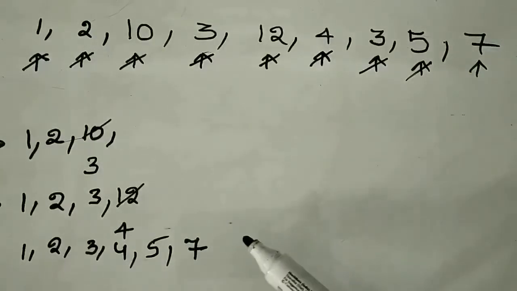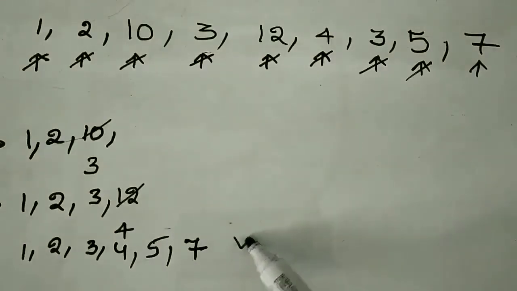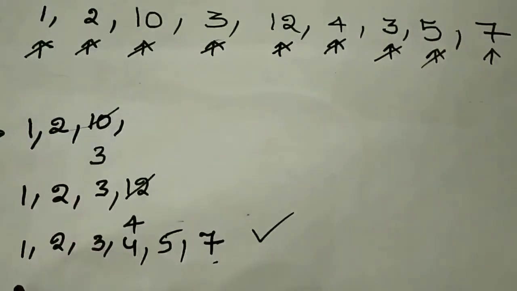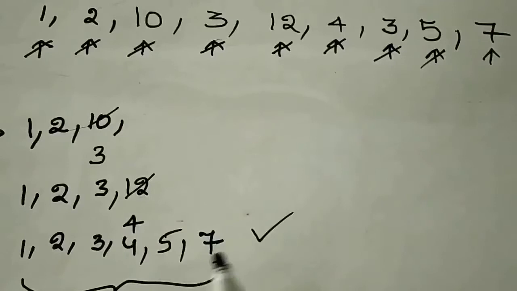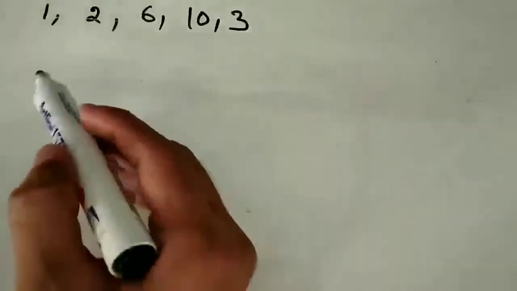So this is the longest increasing subsequence for the given array. This is how we will identify the longest increasing subsequence. Thank you. In this approach, the length is always correct, that is 6. The elements in that sequence may or may not be correct, but we can simply correct it. I will tell another example where the sequence can go wrong. Okay, here I have taken another example. We follow the previous approach, whatever I have explained.